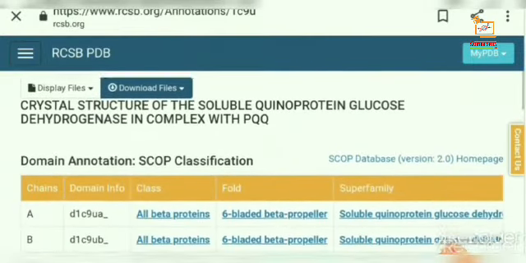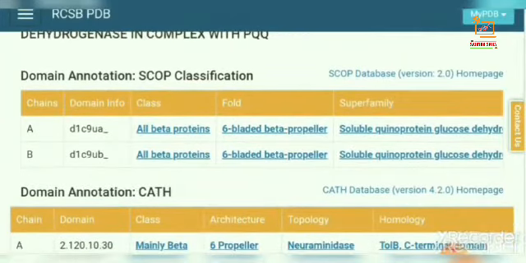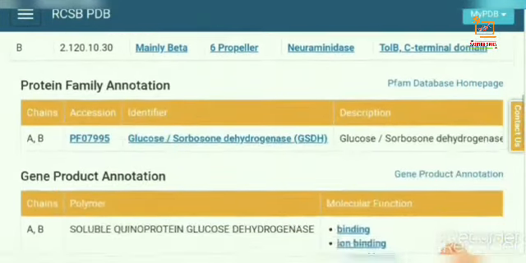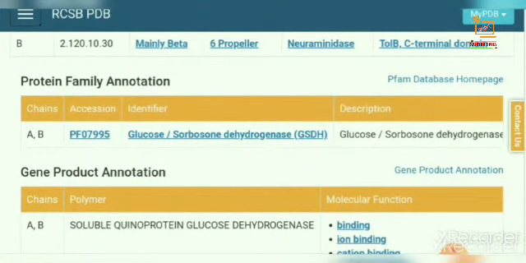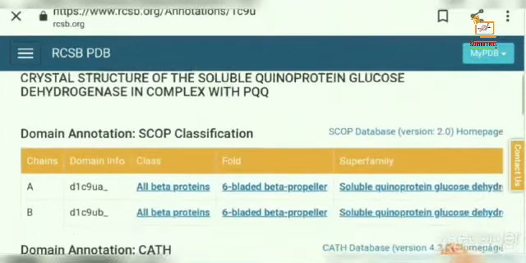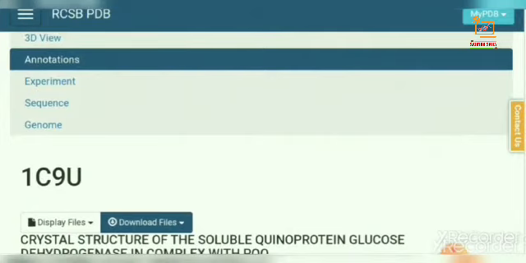This is annotation. Few domains are available in this annotation such as SCOP classification, CATH, protein family annotation and gene product annotation.